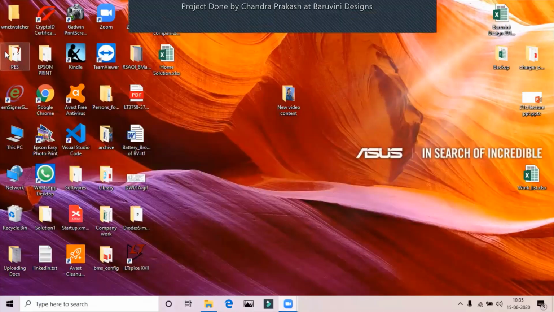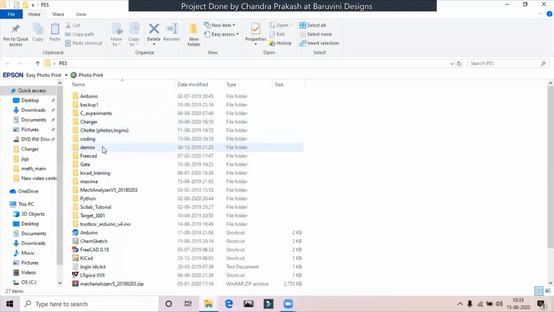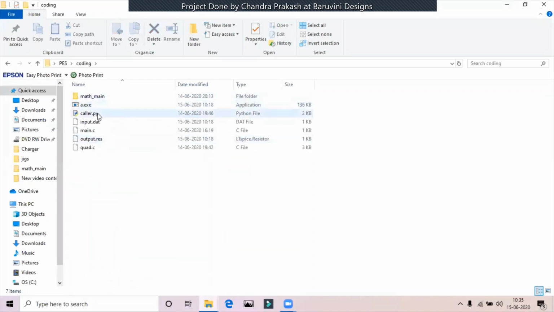So without further ado, let me first execute it on my screen and I'll explain on the run how it works. Today we are solving a quadratic equation. I have stored all of my data in one folder. So here I have all the files. Let us take this Python file and execute and see.